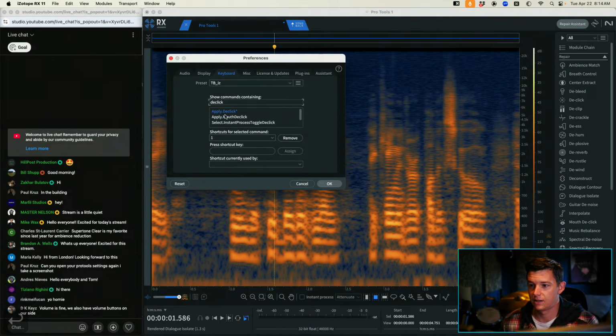So then you have apply declick. You can see I have that set to 1 on my keyboard. So if I'm normally with my left hand doing normal keyboard stuff, WASD, like I'm playing a first-person shooter, that 1 is going to be right close to where my ring finger needs to be. So it's super accessible. I don't have to use a stream deck or anything that takes my hand off the